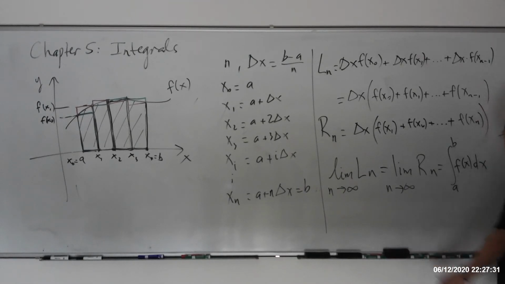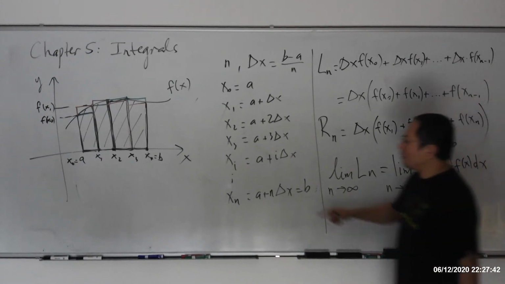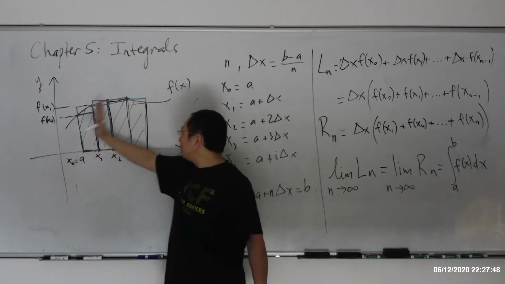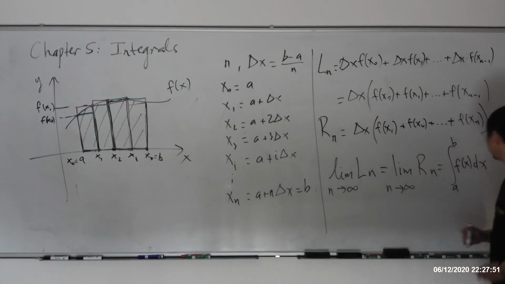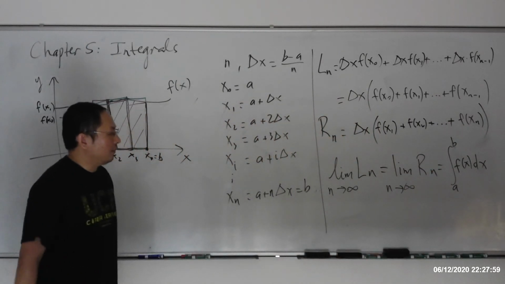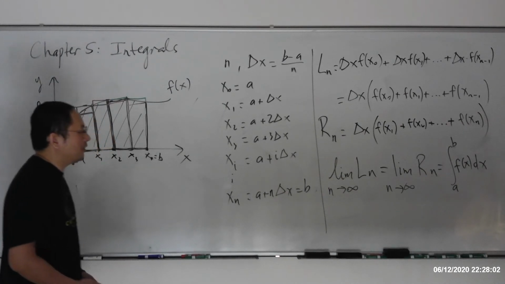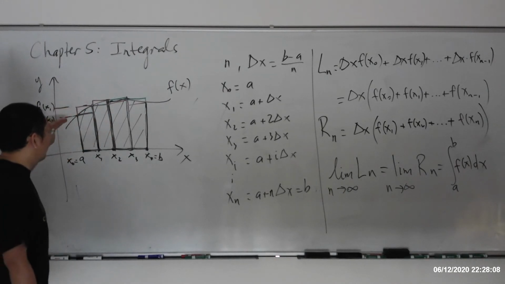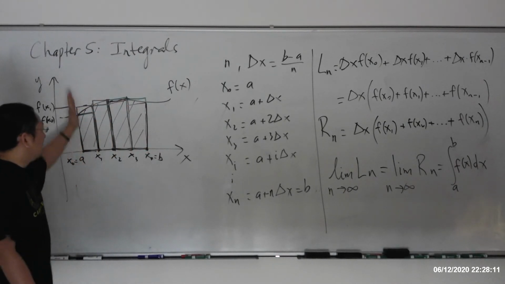So this integral notation that we introduced a minute ago, along with the lower bound A and the upper bound B, just indicates what? The area bounded by the curve of the function f of x, the x-axis, and the two vertical lines from x equal to A all the way to x equal to B. And with A and B right here, we call it the definite integral. Now you've got the idea of the definite integral. It's no more than what, for now? The area of the region bounded by the function, the x-axis, and the two vertical lines